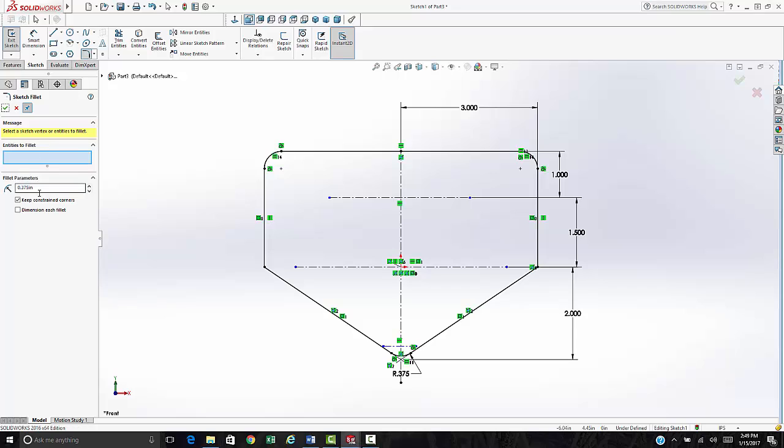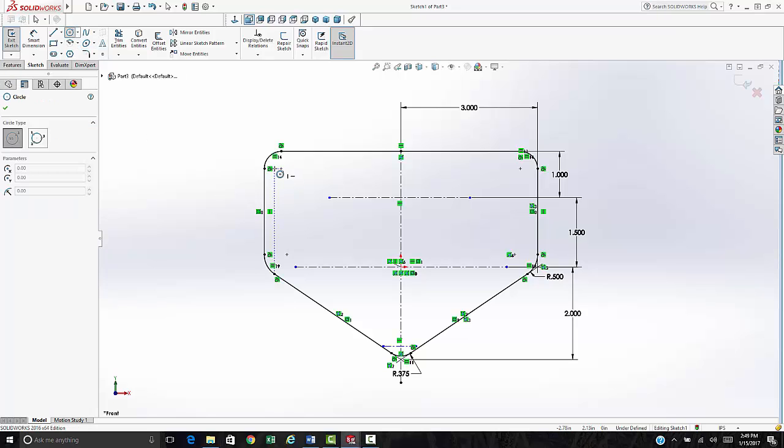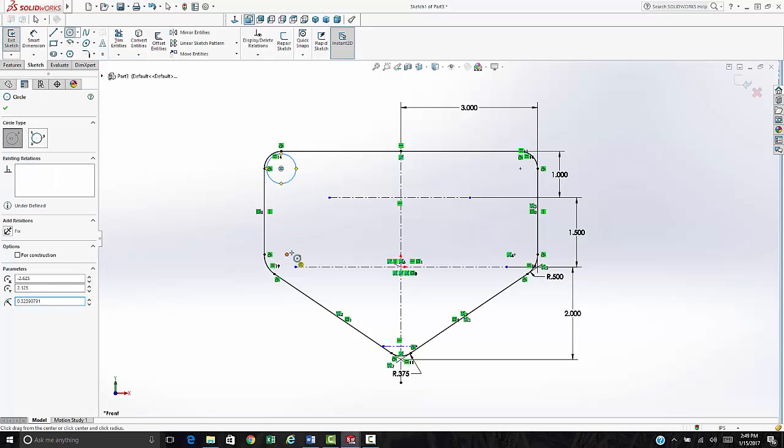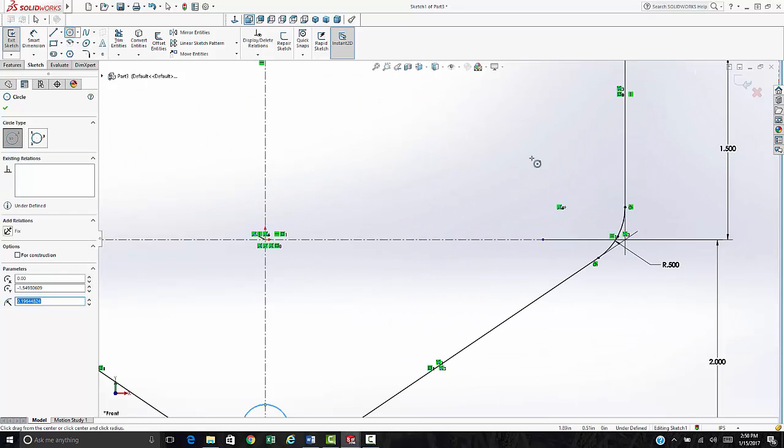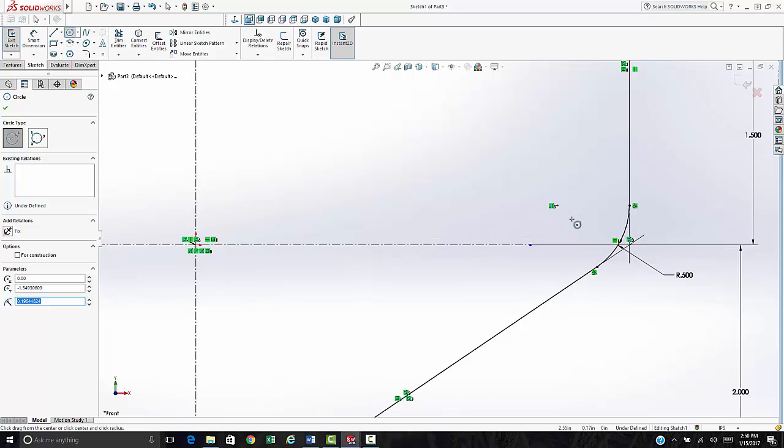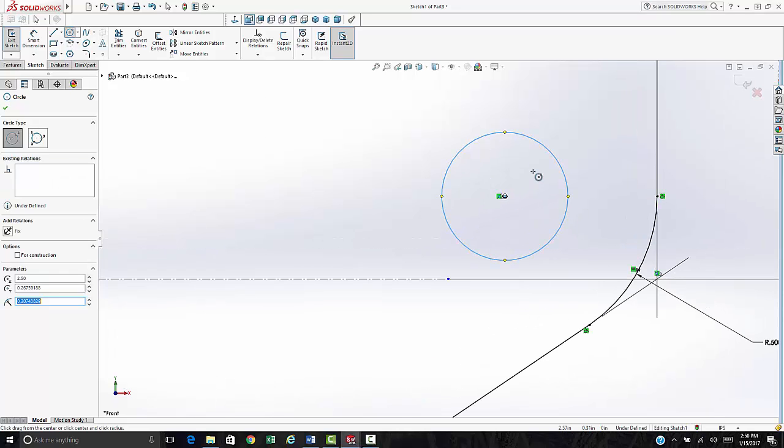And then we have a 500 thousandths radius in this corner and this corner. We'll call that good. Okay, I guess we got holes in the center of all those things. So let's do a hole here, a hole there, a hole here, a hole here,